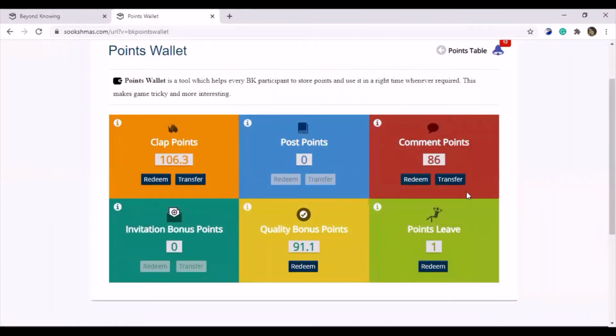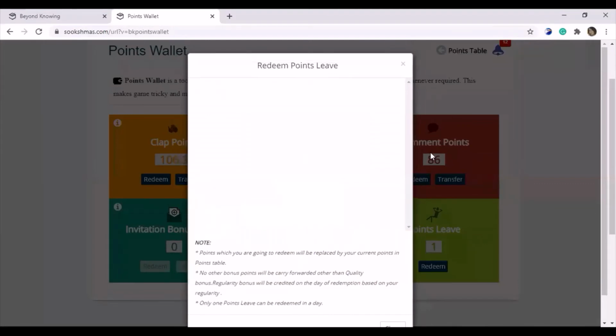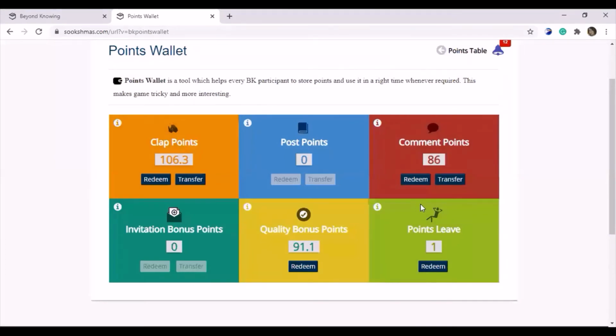Yes, and the last thing is the points sleeve. The points sleeve helps you whenever you have internals or exams. On those days you can take a points sleeve in the BK, so that you can freely attend your internals and exams. So this is how it is helpful for you. The complete week average will be considered and credited every Monday as a points sleeve. The way of collecting a points sleeve is that you need to be regular for the complete week, so that you'll get a points sleeve the next Monday. This is how you can collect the points sleeve to your points wallet.